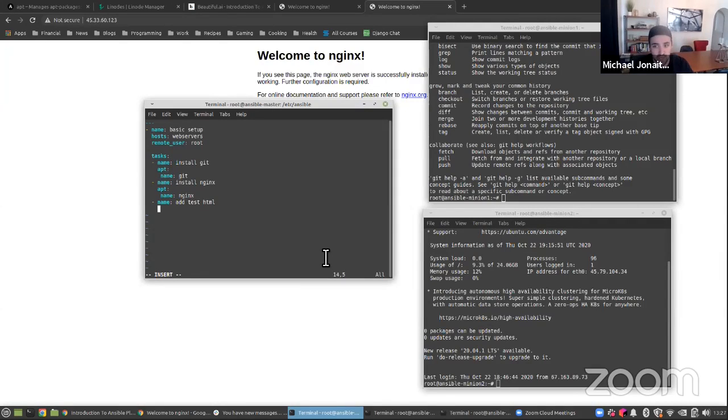And instead of using the apt module, I'm going to use the template module. And I need to give it the source. Of course, the source is going to be where I had just added that file, and that would be in /etc/ansible/test.html. And I want the destination to be